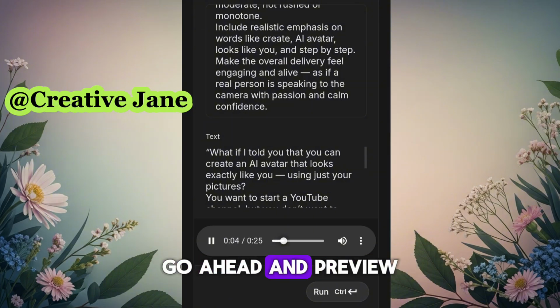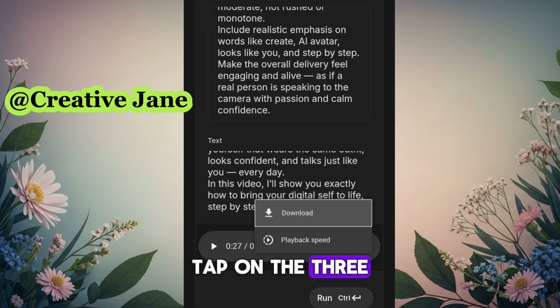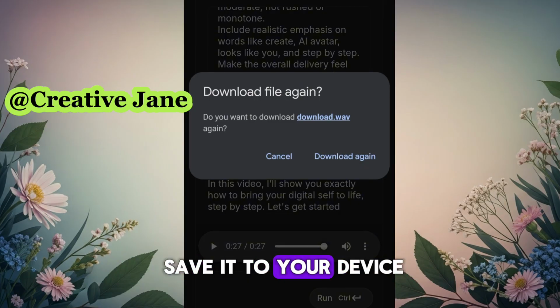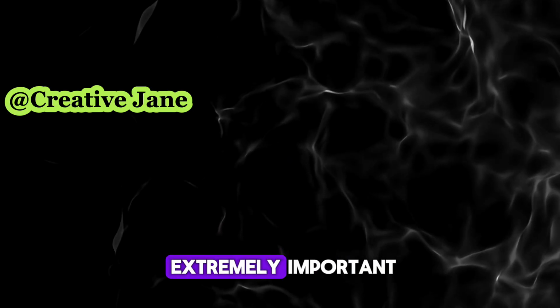Go ahead and preview it. If you like how it sounds, tap on the 3 dots next to the file and select Download to save it to your device. Now that both our image and audio are ready, this next step is extremely important,